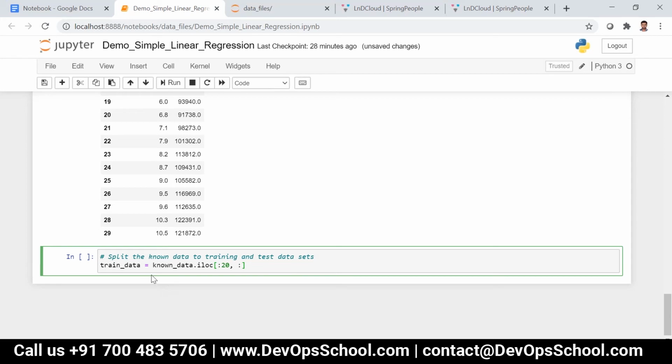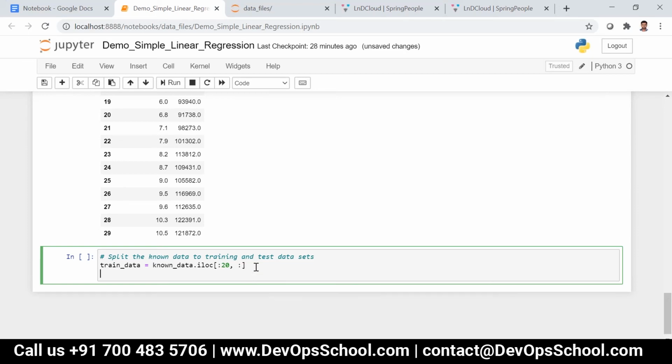Then test_data is nothing but known_data.iloc from the 20th record till the end, and then colon, that is all the columns, that is 20 colon.